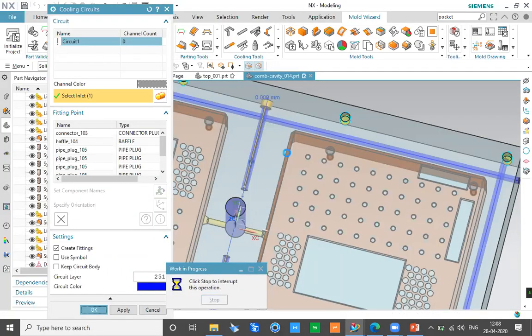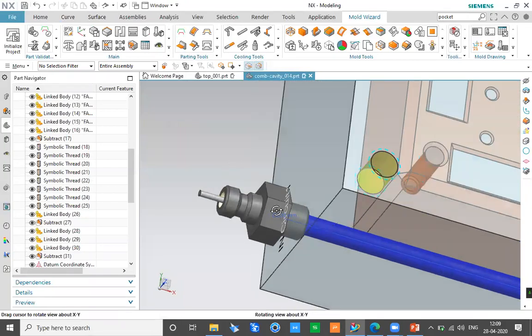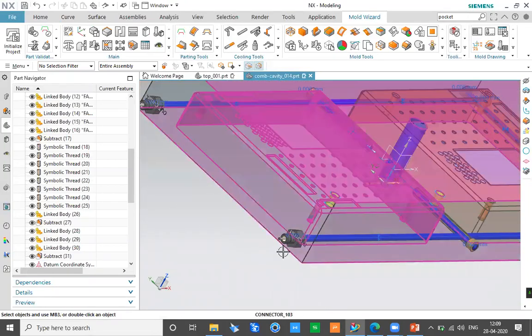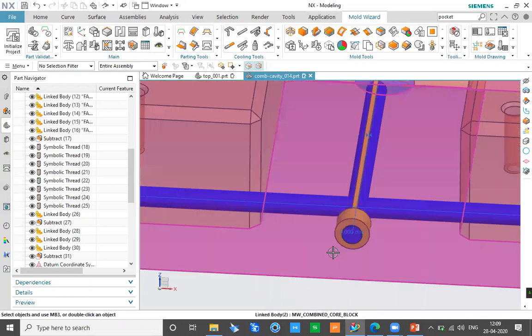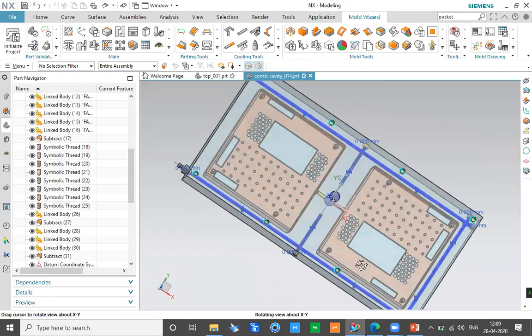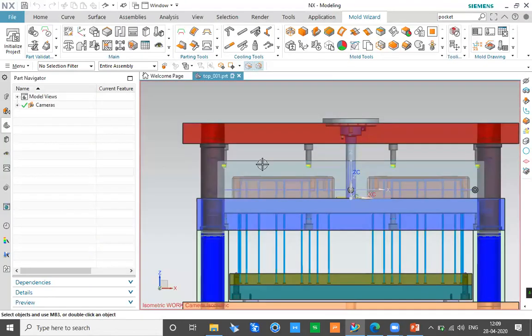So all the connectors here will be automatically spaced. These are the plugs which are placed on the side, and these are the connectors you can see. There is a connector here for inlet and outlet, and you can even see a correct circuit diagram of the cooling, how exactly it's going to look. So all basic information can be provided for the cooling side as well. Okay, so I'll just close this file and save it so that it is updated here. So this is how we can actually create or generate molds inside this particular software.